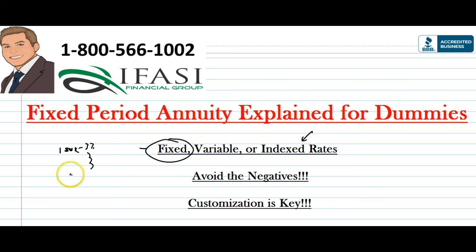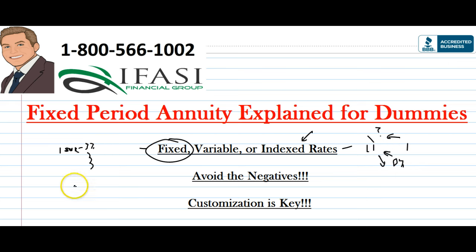With the index route, it's based upon a stock market index that the company is offering. They might give you an S&P 500, a Dow Jones Industrial, they might have a Barclays index, whatever the case may be. This might be a 7-year product, and after each year, your interest credit is determined based upon whether or not that specific index went up. So if it went up, you might have a gain of, let's say, 10% or 5% in your account. The next year, if the index goes down, then you have 0% gain in your account.